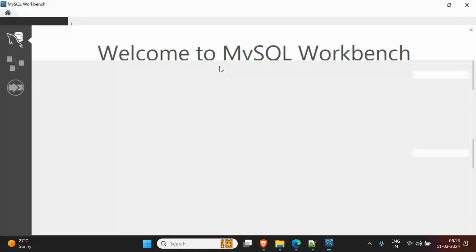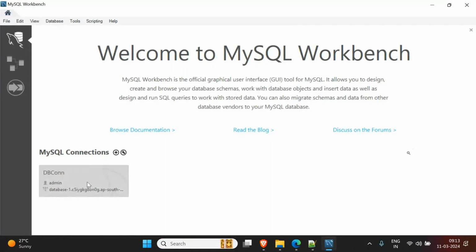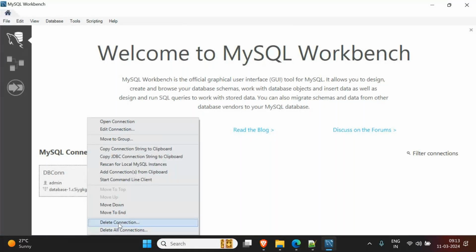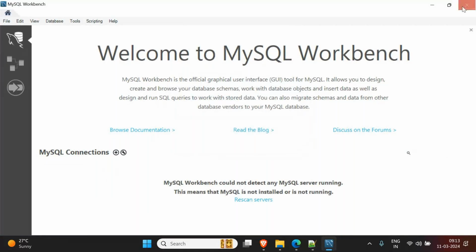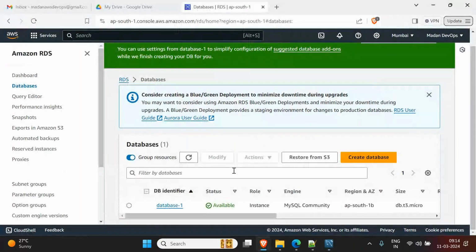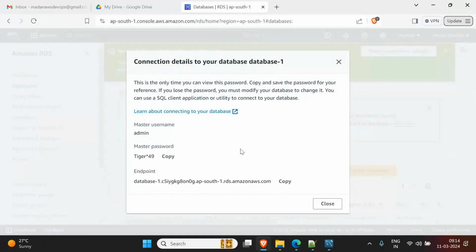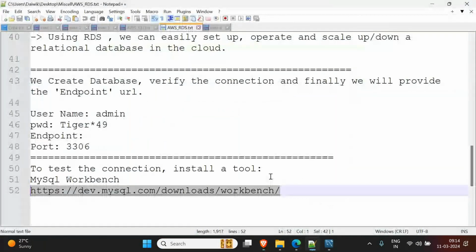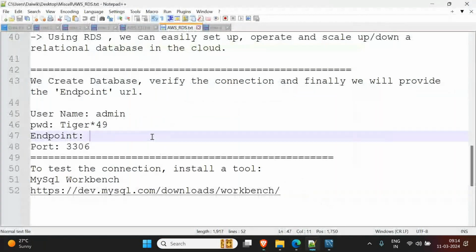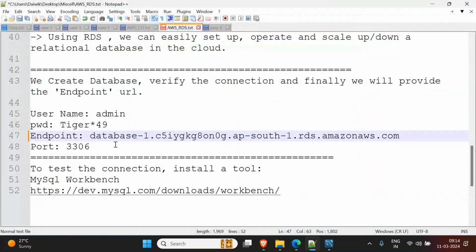After you install, you get something like this. It seems it is connected. Just go above and click on view connection details. In this, everything is the same except the endpoint. Copy the endpoint. This is the endpoint we have to give to the developers. That ends our job actually, but still let's go one step ahead and test whether our connection is